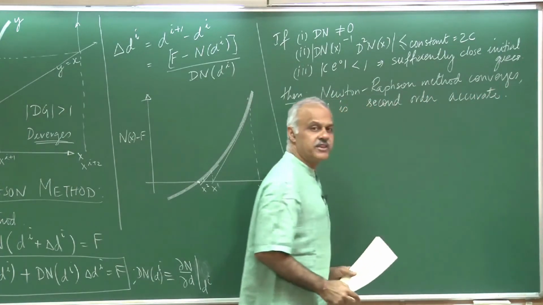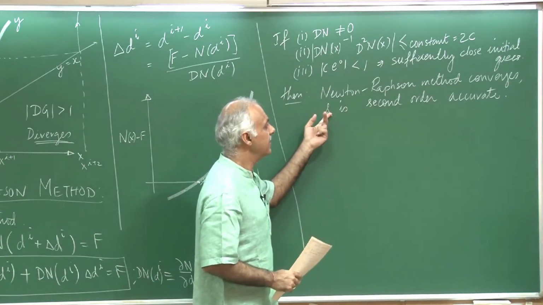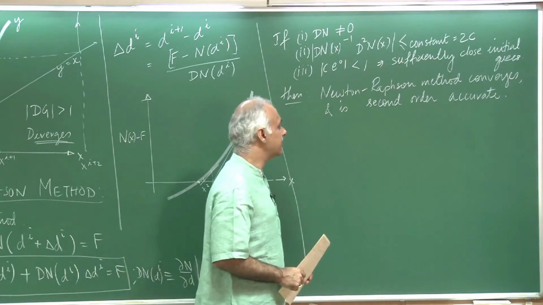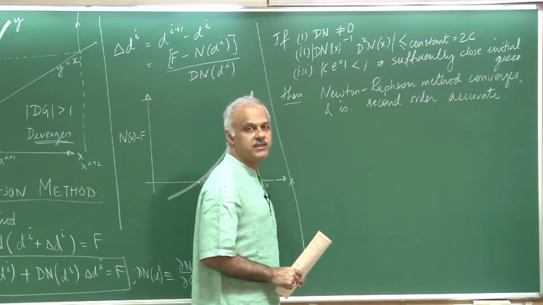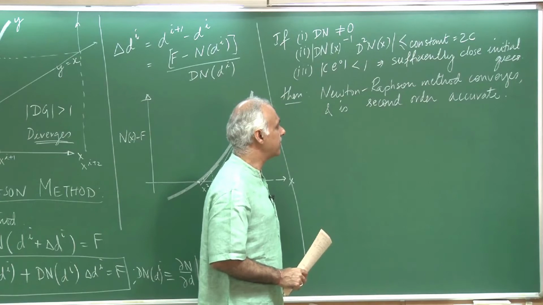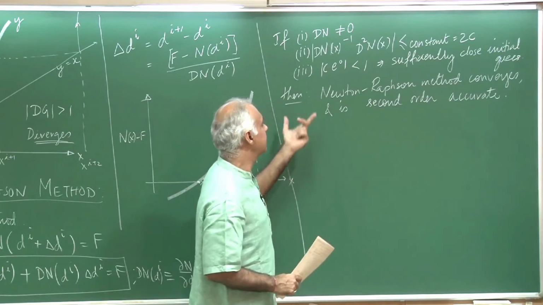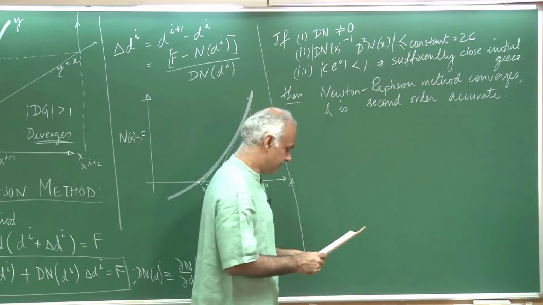So unlike the fixed point iteration, which was first order accurate, this one would be second order, and therefore the convergence is going to be extremely quick. You are going to need much fewer nonlinear iterations as compared to the fixed point iteration method. Of course, the downside is that you need an estimate of the slope. In the fixed point iteration, you don't need that.